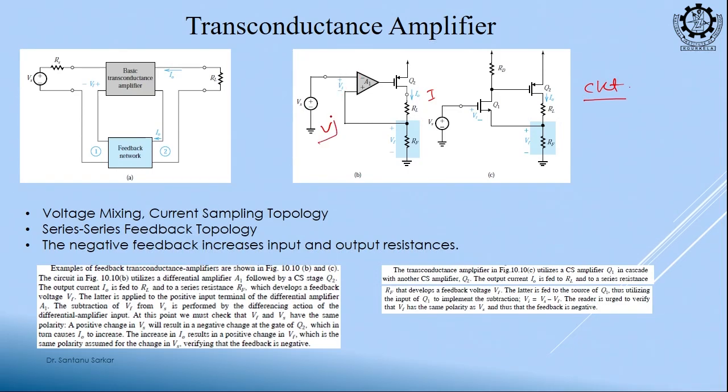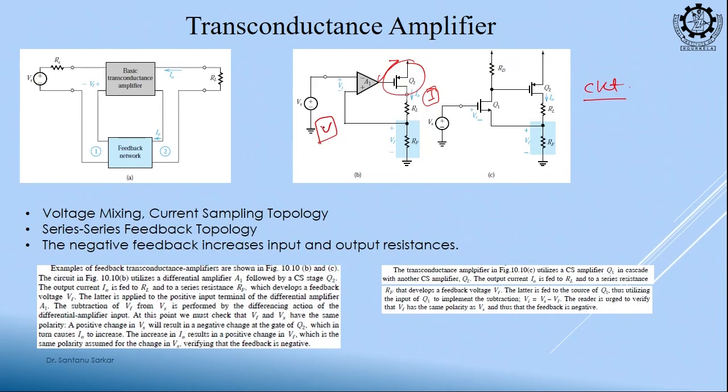Output side what is happening? Whatever the output voltage, that is causing a current I0 to flow, right. If you give a fixed VGS, a fixed current will flow, right. This is a PMOSFET, and if my gate to source voltage is fixed, my current will also be fixed, right. So, output side is a current,